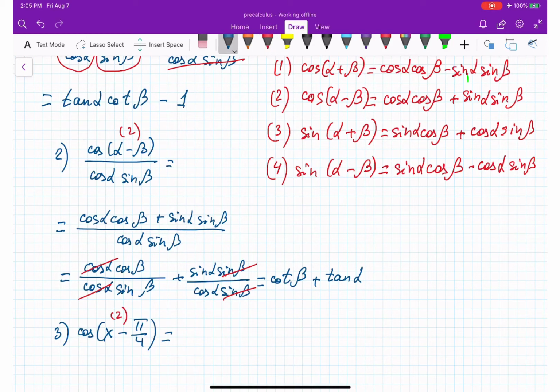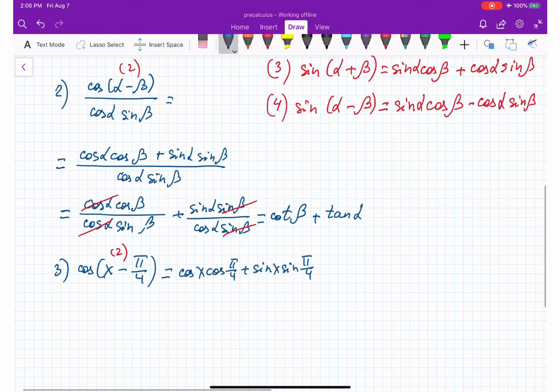So what do we get? Cosine x, cosine pi over 4, plus sine x, sine pi over 4. Okay, and this is going to be equal